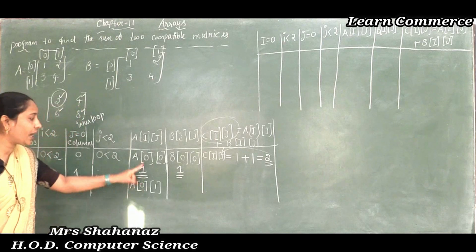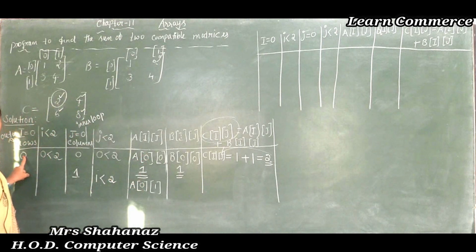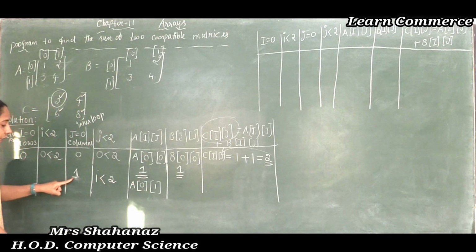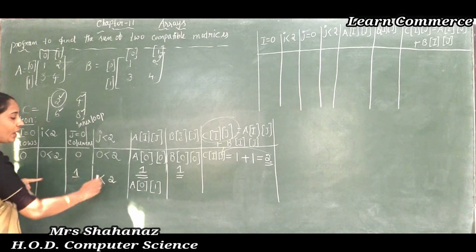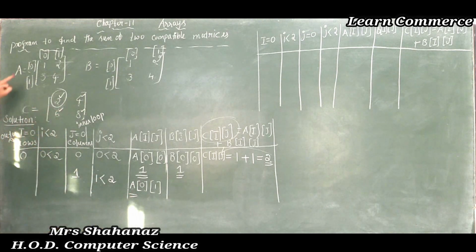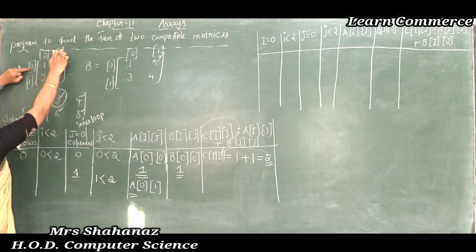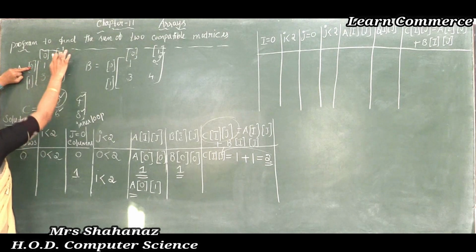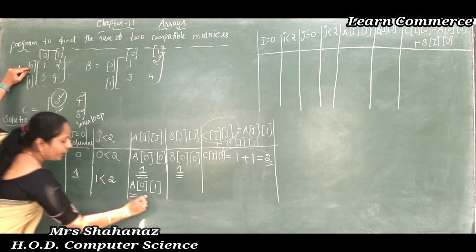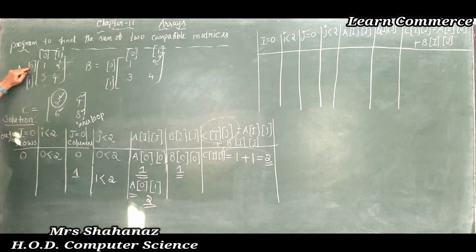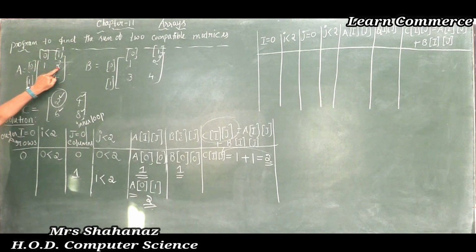So as we know the i value is 0 only, correct? But the j value has incremented to 1. Now you have to check it, okay? I am checking the A matrix. At row index 0, column index 1, the value is 2, okay? So we got 2. The value of A at 0 1 is 2 here.